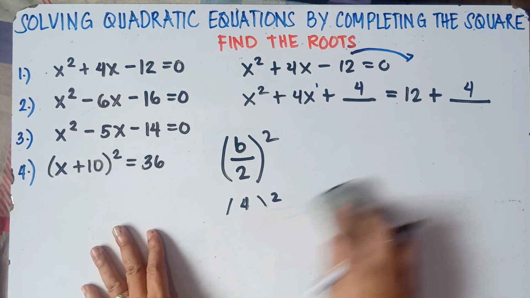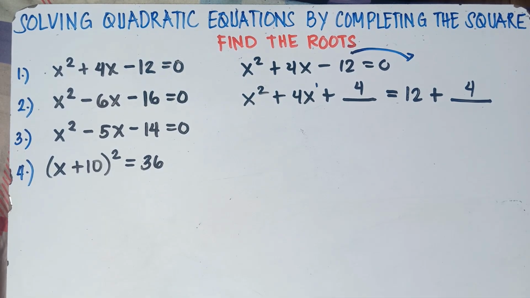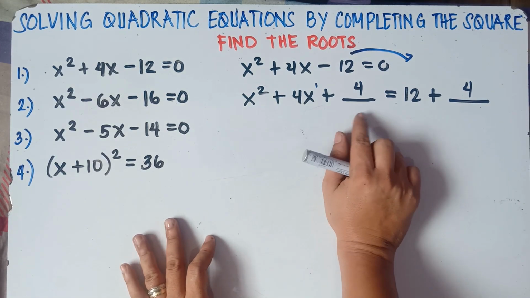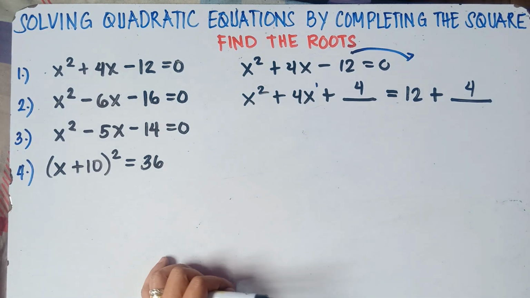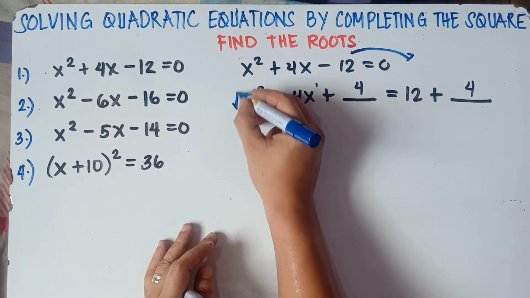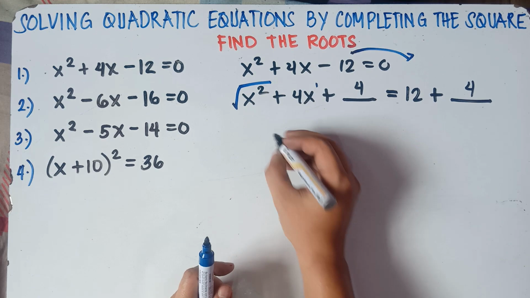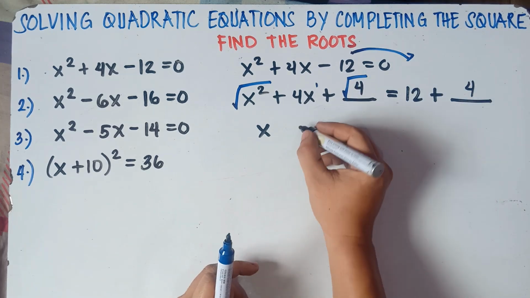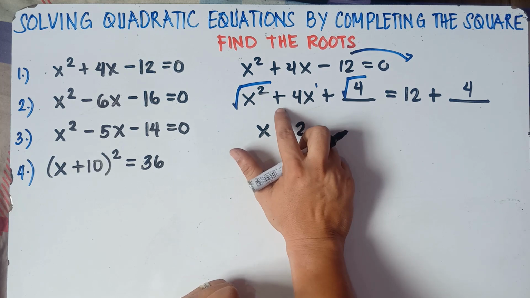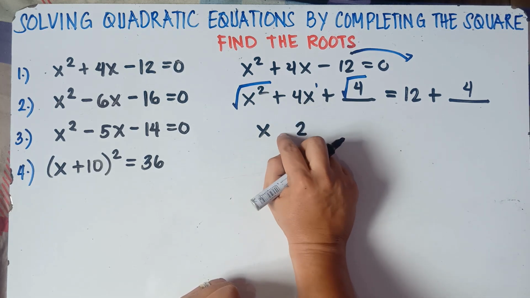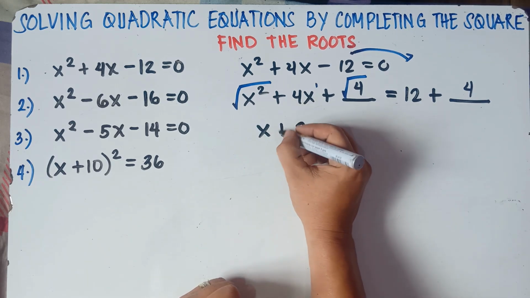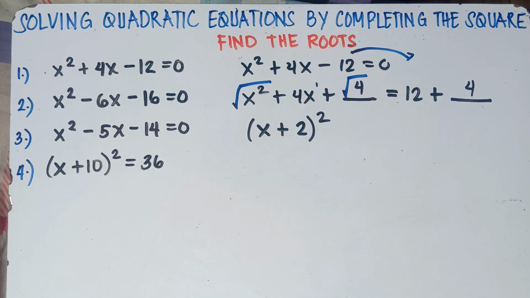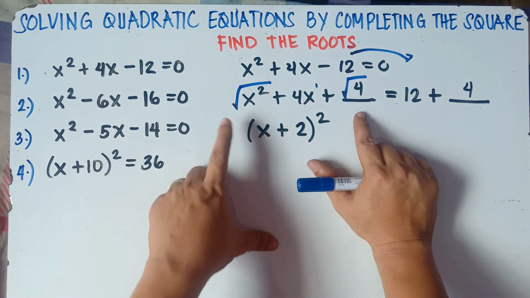Alright, so next step, class, this is a perfect square trinomial. Once you solve for b, your equation is what we call a perfect square trinomial, in which we can make it into a square of binomial easily by simply getting the square root of the first term. You get the square root of x squared, that would be x. And then you get the square root of the last term, the square root of 4, that is 2. Then you simply copy the sign of the middle term. If this is negative, you copy the negative sign. Since this is positive, we copy the plus sign. And then you put open and close parentheses, then squared. That's it, class. A perfect square trinomial, we make it into a square of binomial.